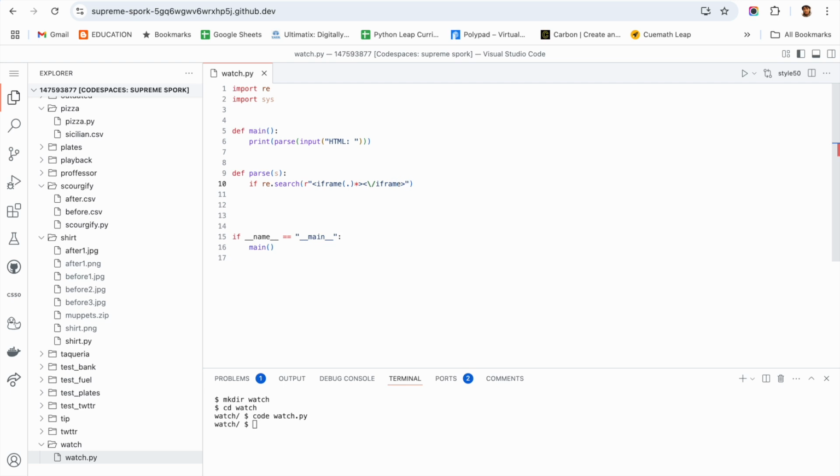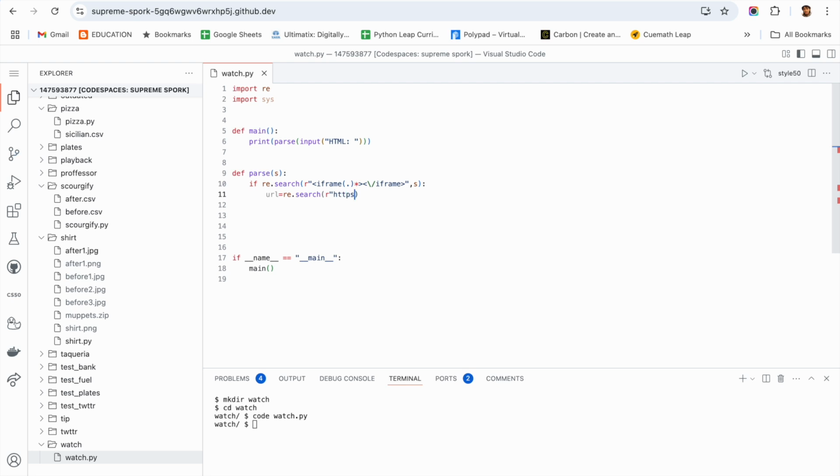So if there is a regular expression match like this, then we are going to find the URL for our particular program. So what am I going to search? I am going to search for the URL now. So URL is equal to re.search. Now I will search my URL. They have given us multiple URL patterns, right? So basically it should be a raw expression. Then it should be